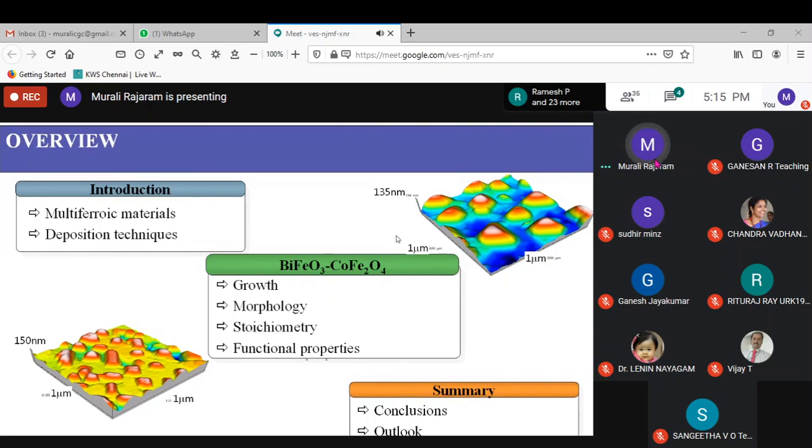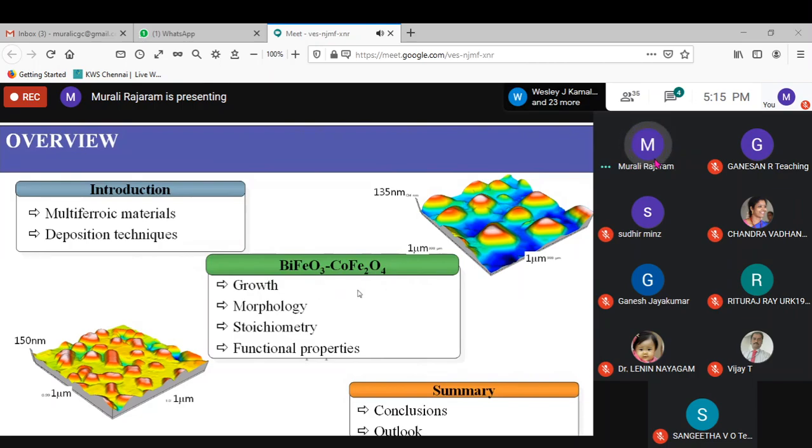And then I'm going to concentrate on this class of nanocomposites called bismuth ferrite, cobalt ferrite nanostructures. Throughout my presentation, you are going to see composite structures like these. I will explain what is interesting about these nanostructures and why the bismuth ferrite, cobalt ferrite nanocomposite is important. Then I'm going to briefly explain the growth parameters, how we can grow these kinds of nanostructures,